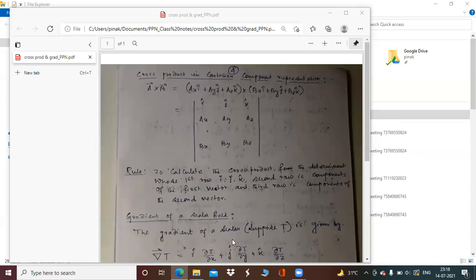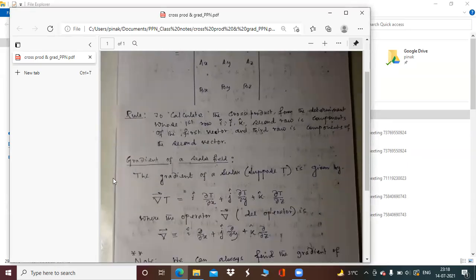The gradient of a scalar field, suppose the scalar is t here, is given by, you see on the left hand side, this symbol is actually del bar along with t. As a whole, it is called grad of t or grad of the scalar t. So here this del bar along with this t is actually called grad of the scalar t or simply grad of t. And this is given by i cap del t del x